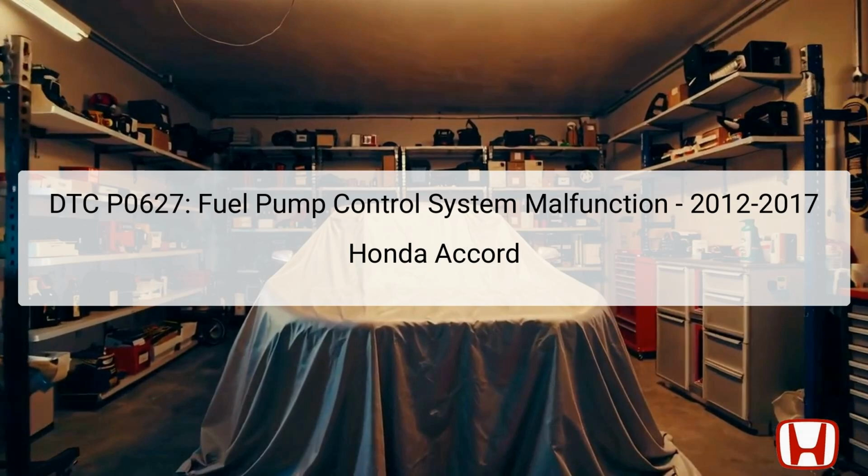The fuel pump control module receives a duty signal from the powertrain control module, PCM. The PCM monitors this signal while the engine is running to ensure that the fuel pump operates correctly. If the voltage remains consistently low for 2 seconds, the PCM identifies this as a malfunction. This triggers the storage of DTC P0627 in the vehicle's memory, potentially indicating issues in the fuel delivery system that